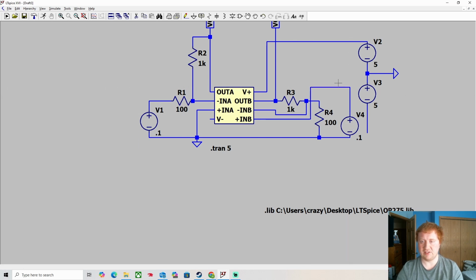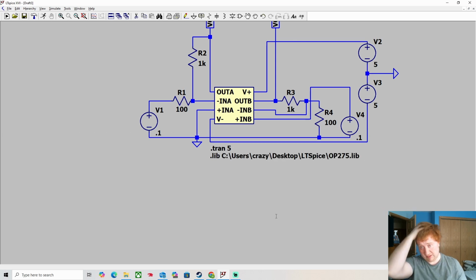So we've got our input signal coming to positive in B, our negative gain, our negative input is tied to 1K output and to ground. It's the opposite setup as this. We also need to have the negative power go somewhere, so I mean voltage, I guess. So probably not the nicest looking thing, but